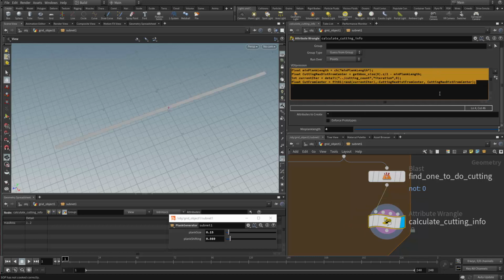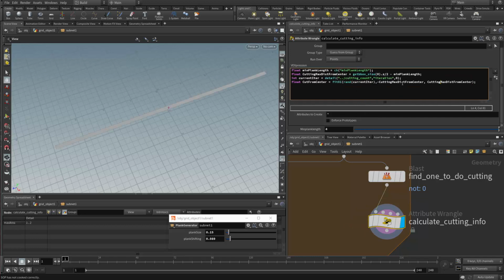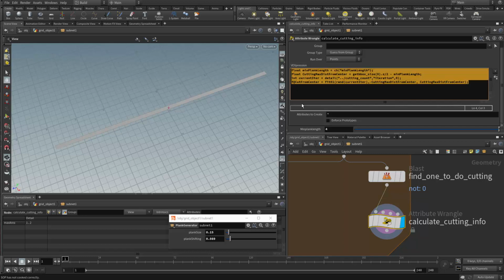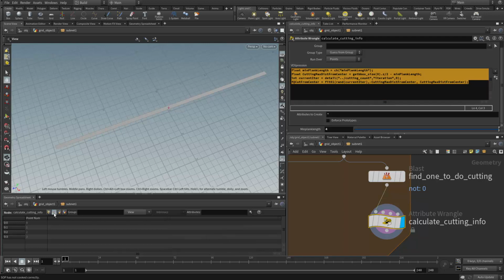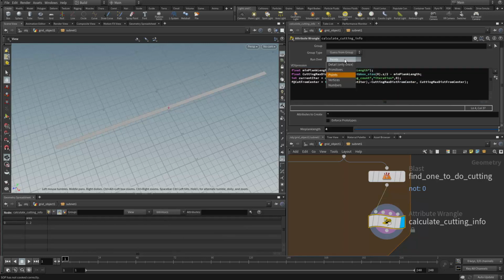Okay, all right. That way we're getting a random cut from the center value, and this has to be something carried down to a clip node, so we can make it an attribute. Float at cut from center will be equal to that, and for the primitive, you can see if you go. Oh, we don't do that on the point. We do that on the primitive. Okay, you can see cut from center is that,